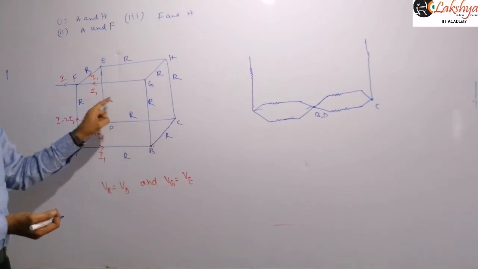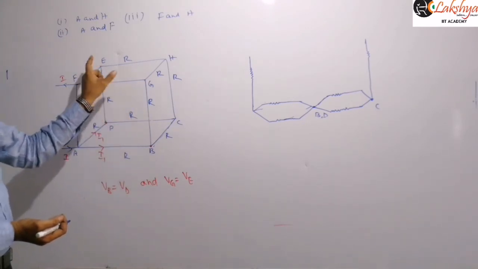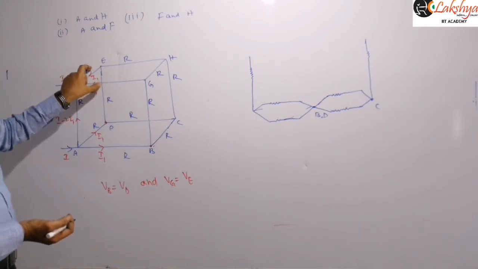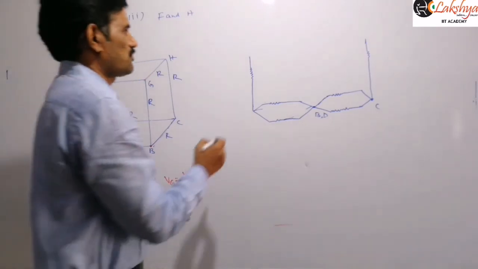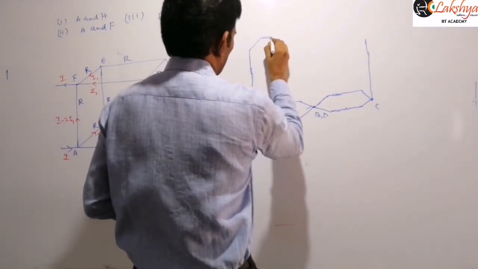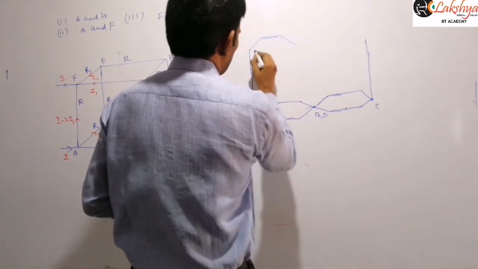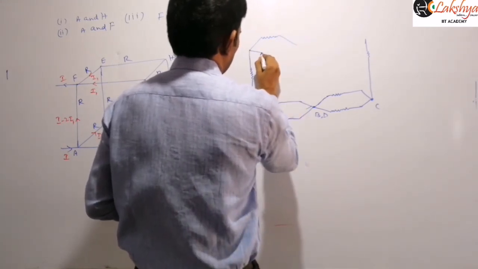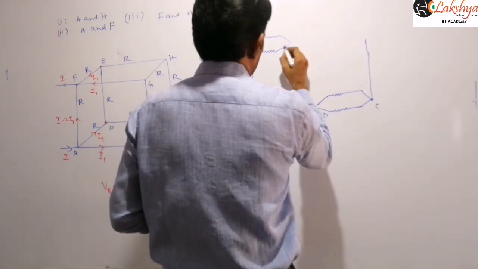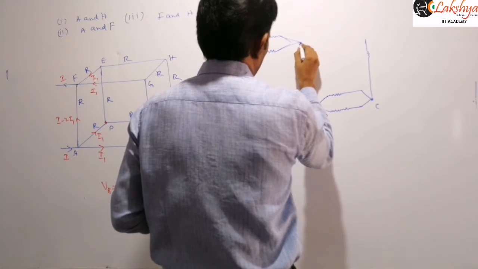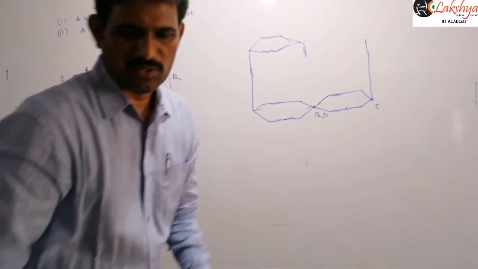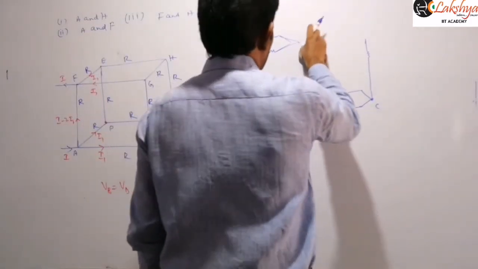When you are joining these B and D, these 2 resistors will be in parallel, these 2 resistors will be in parallel, these 2 resistors will be in parallel, because we are joining the top points also, G and F also. Similarly, these 2 G and E also, these 2 resistors will be in parallel and these 2 resistors will be in parallel. So that means here you will get one more combination like this. So here these 2 resistors will be in parallel. So I can write this as that means here also 2 more resistors will be in parallel. We need to represent 2 more resistors there.